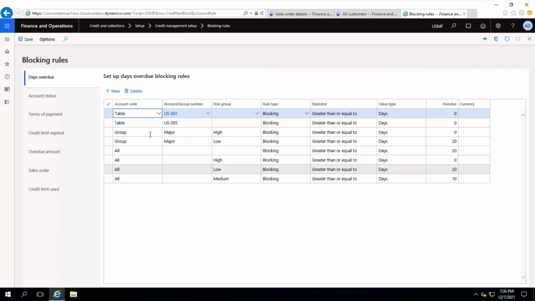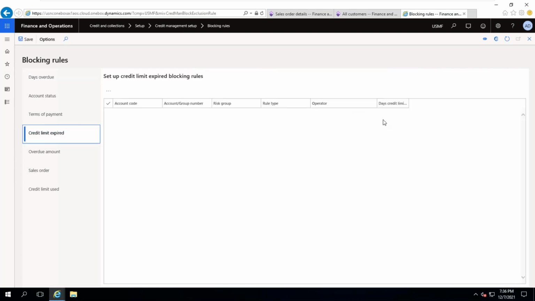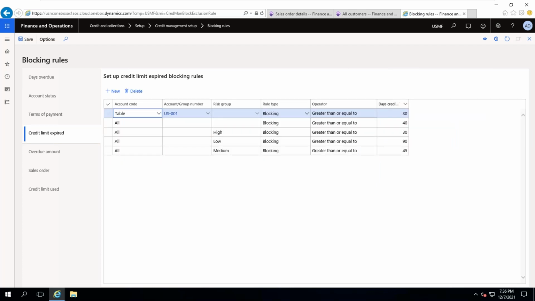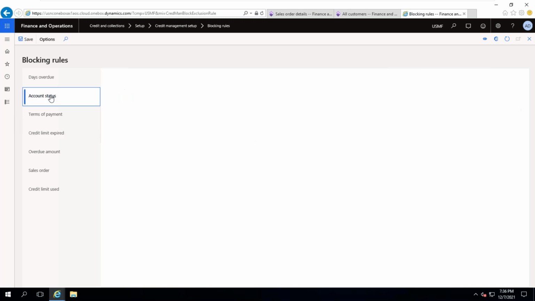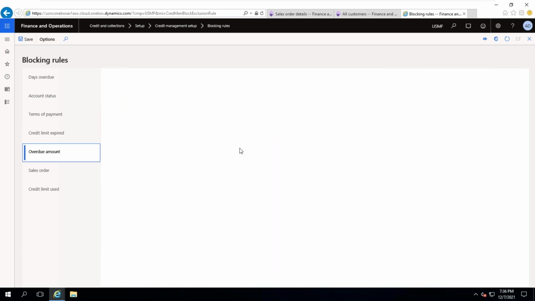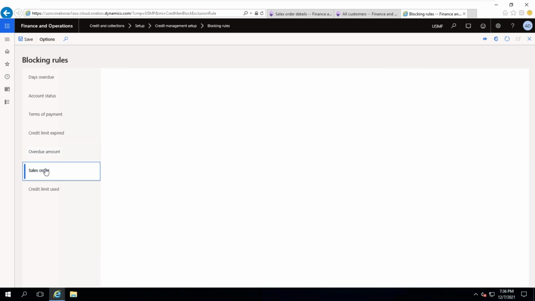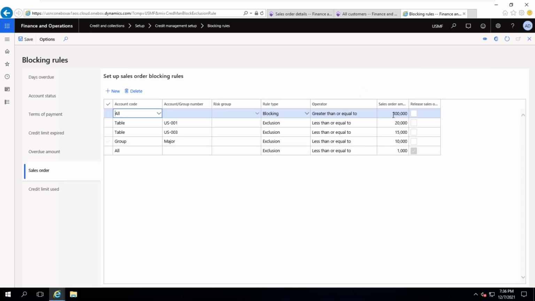It is days blocking. This is expired on day, which day it was, the day, and here status. If it is on hold, it should be blocked. And the terms of payment, if it is a cash payment, it should be paid immediately, otherwise it should be blocked. Overdue amount, and within one specific sales order, if it is more than this amount, block for all,